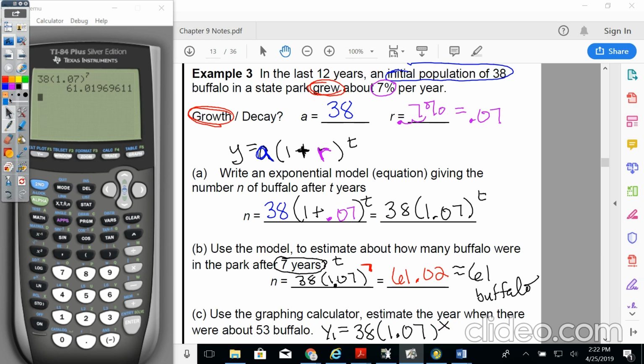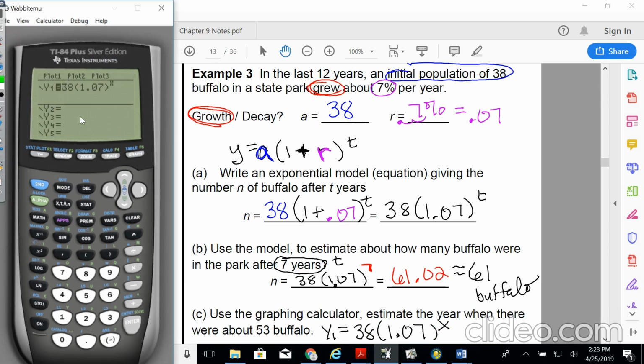So over here, we do y equals, oh, look, it's already there. 38 times 1.07 to the x power. And then we're looking at the table. You could use the graph too and estimate the 53, but looking at the table, we want to see when the y first passes 53. So right here, 53